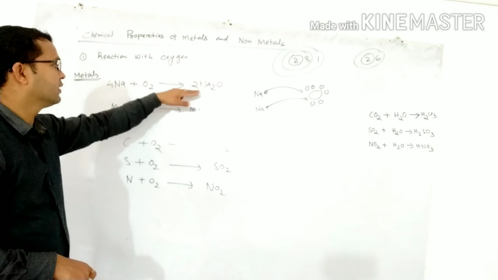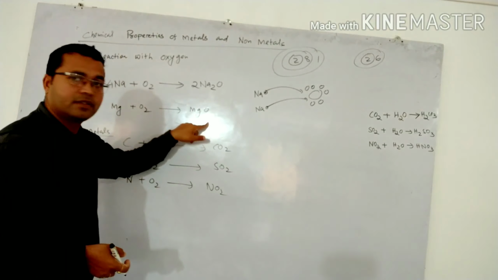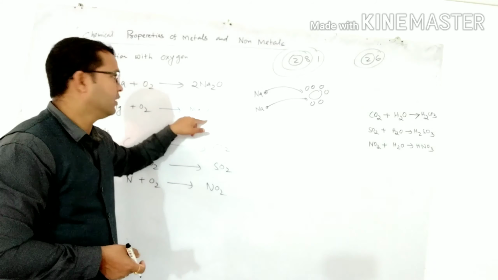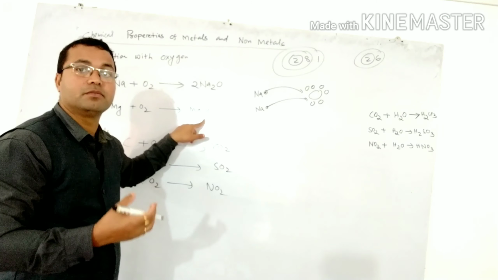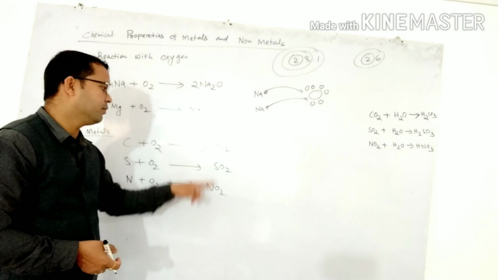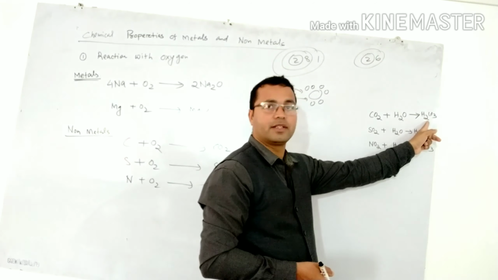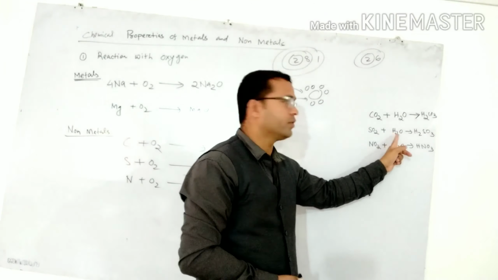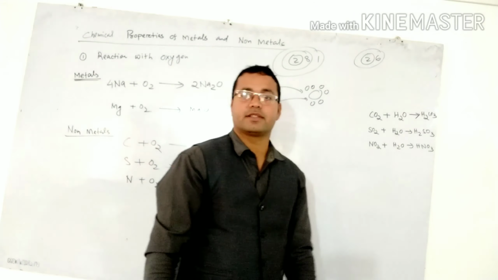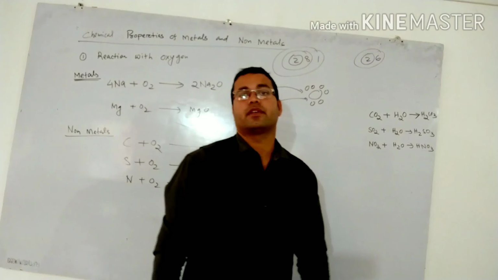These are metallic oxides. Remember, you will get details in higher studies. Metallic oxides generally have basic nature. If they are put in water, they will produce what? Base, alkali. And when non-metallic oxides are put in water, they will produce what? Acid. For example, carbon dioxide reacts with water, produces carbonic acid. Sulfur dioxide reacts with water, produces sulfurous acid, not sulfuric. If it is SO4, then it is sulfuric acid. This is sulfurous acid. Nitrogen dioxide reacts with water, produces nitric acid.